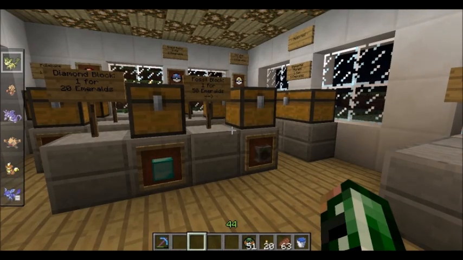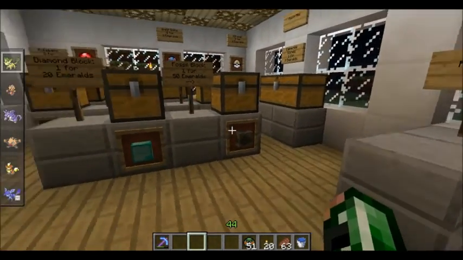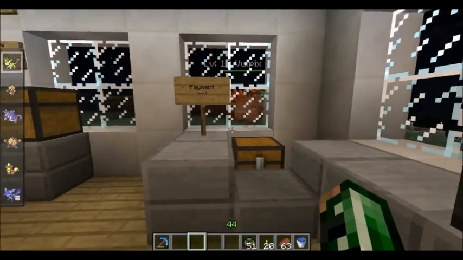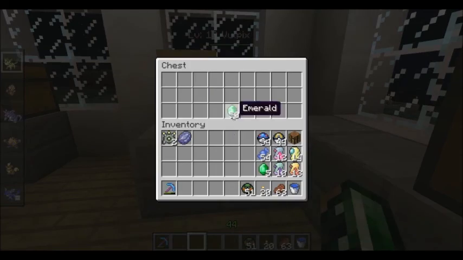And then for really expensive stuff, I thought something that would be a really good reward, since it's pretty rare to find in the game, is fossil blocks. So I literally just put fossil blocks in here. 3 of them have been bought. They cost 50 emeralds, and so when they buy stuff, they take it out of the chest and they give